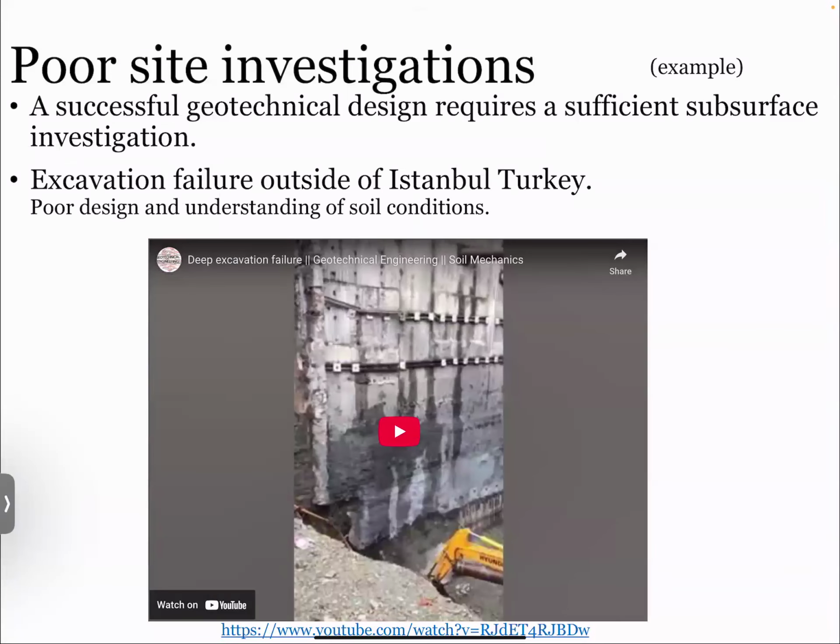Not only do we care about anomalies, but we also need to ensure that we are measuring the right values. When we start talking about the design of different types of structural foundations, and if you take advanced foundation design with me next semester, then we'll talk a little more about this. But we need to ensure that we're using the right tool for the job to get the information we need